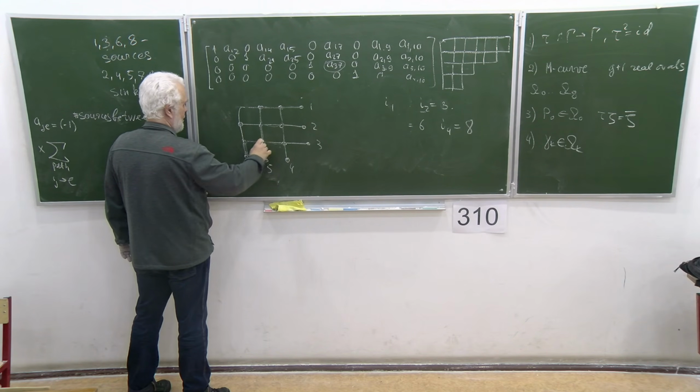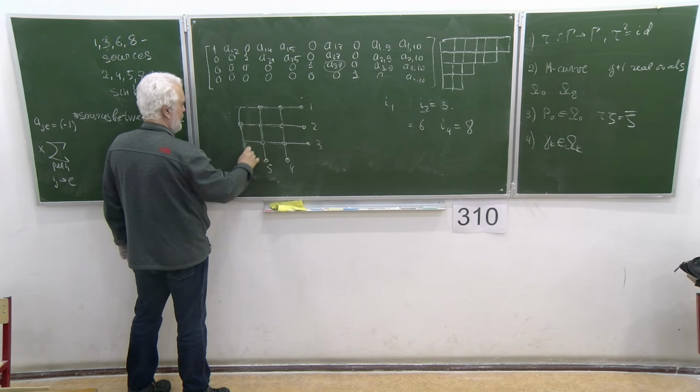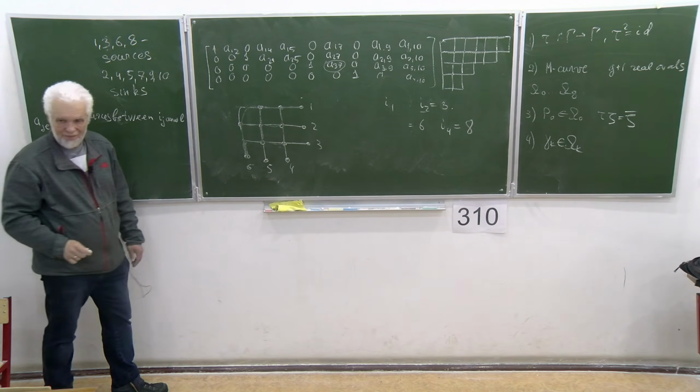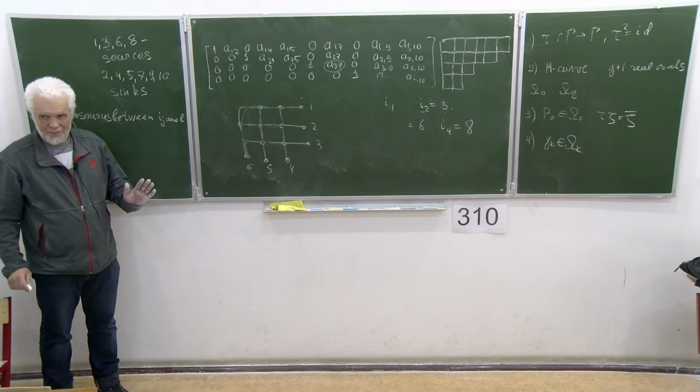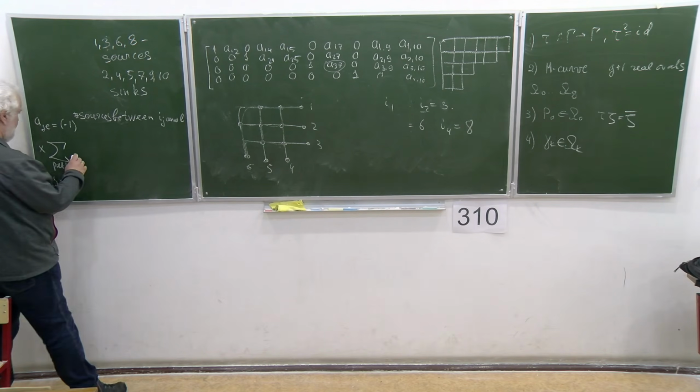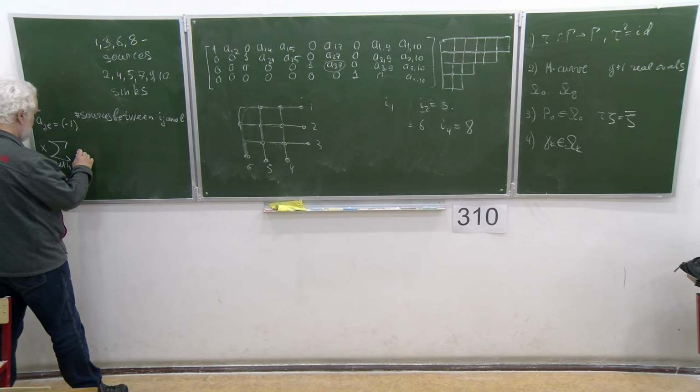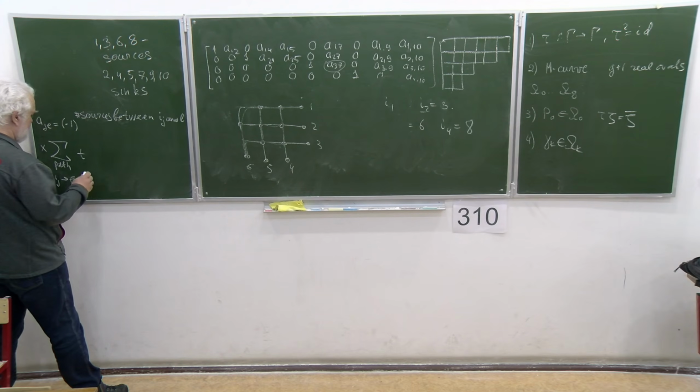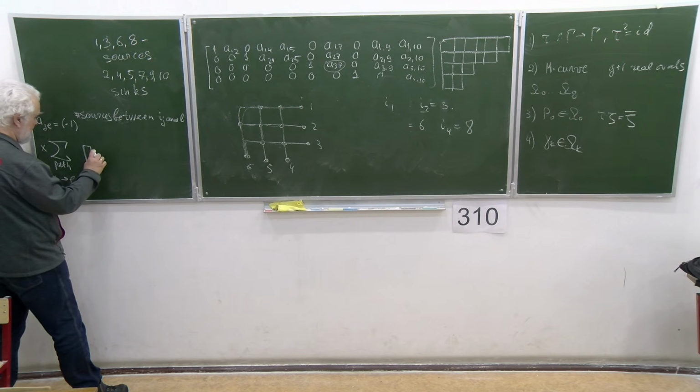We can go this way. We can go this way. You can go this way. You see? Does it have something to do with the number of Catalan paths? And also says,